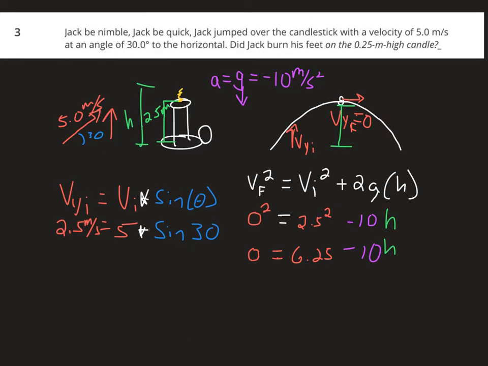I need to put my 6.25 onto the other side because I'm going to eventually want to solve for h. So I'm going to get a negative 6.25 is equal to negative 10h. Then I'm going to solve for h by dividing both sides by 10. Now a negative divided by a negative does cancel those out, so leaving me with the fact that Jack jumped